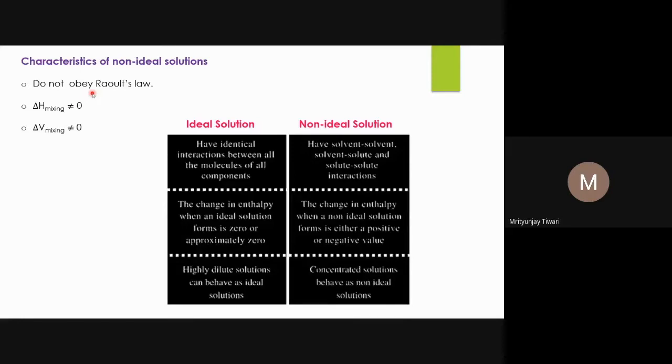So delta H is positive means heat is absorbed. And that heat is there within the solution. Whatever heat it has absorbed from the surroundings, it is there with the system in the solution form. So delta H is positive means the solution has more heat content than the sum of the individual heat contents of solute and solvent.